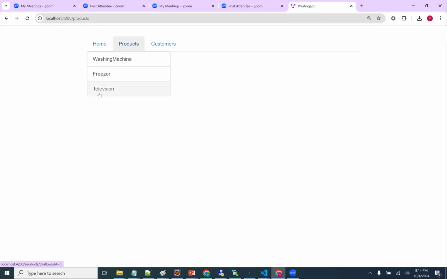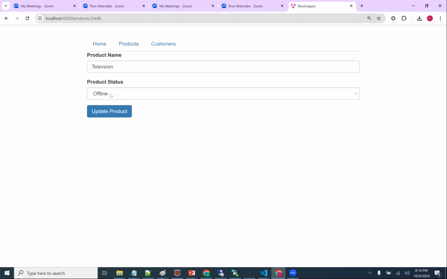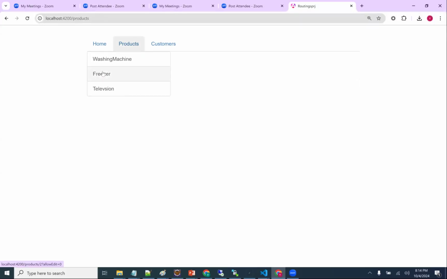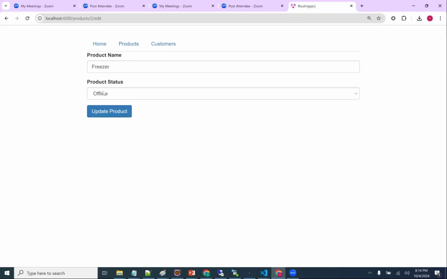First, I'm clicking on television. It is going to the television page. And I click on edit, and television is only coming. Right? And I'm clicking on products. I'm clicking on freezer. On click of edit, freezer only is coming.